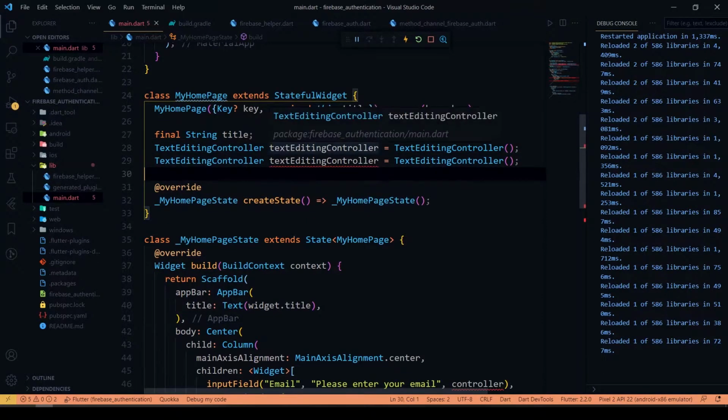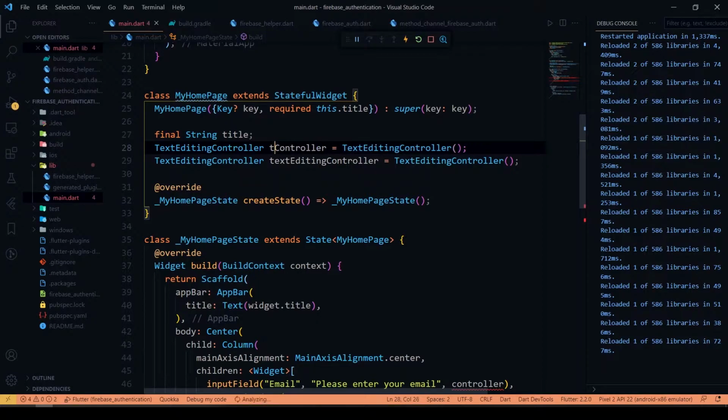We'll change the name to email controller and password controller.